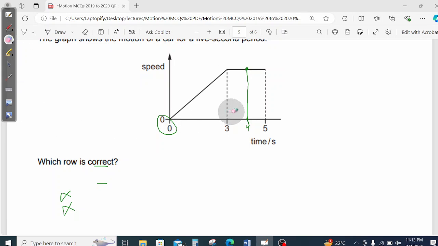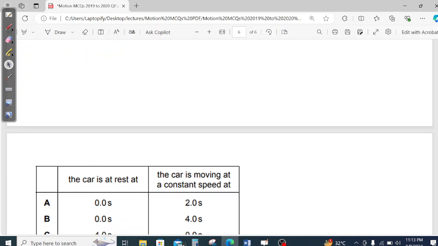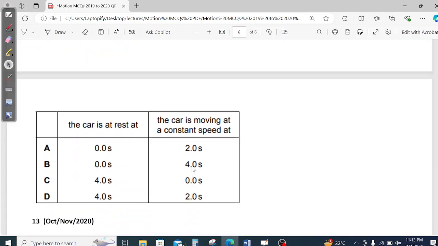So you have to select the option where the body is moving with constant speed at 4 seconds. Yes, at 4 seconds the body is moving with constant speed, and at 0 seconds it is at rest. Your answer will be B here. Okay,